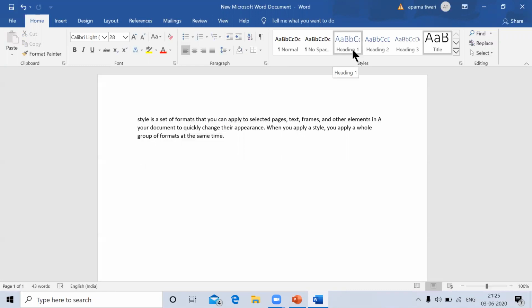How to apply style, how to select style first. Very important is to learn in which tab and in which group style is there. So you can see here the home tab and styles group, where the style options are there. These are all the different styles which we can access by going through the home tab and styles group. This is the name of the group. There are many groups, and the style option is available in the styles group.